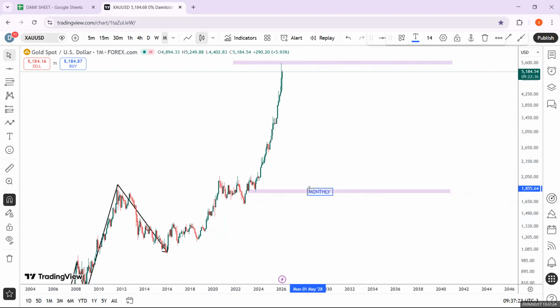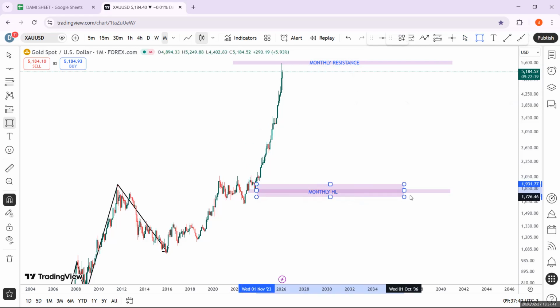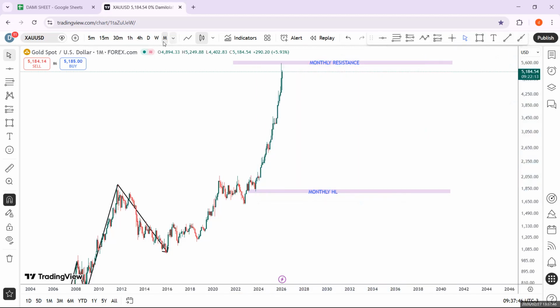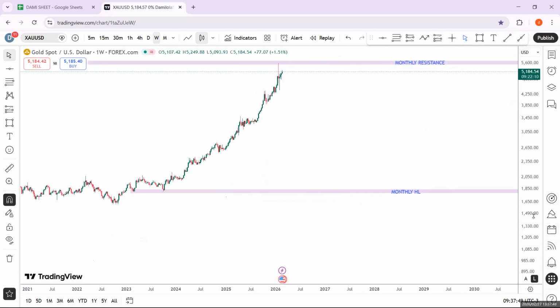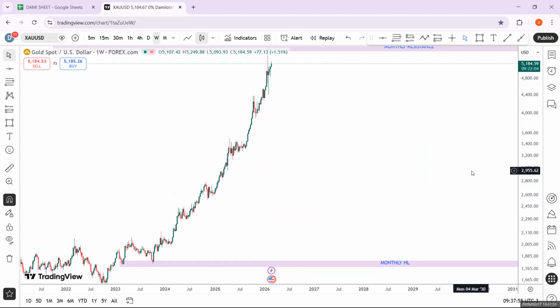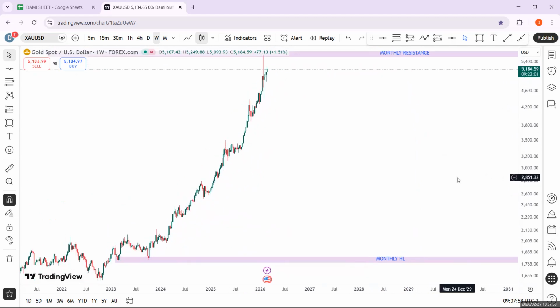We can just tag this as monthly HL, and the one above, we can decide to tag it as monthly resistance point. Okay, so we will now take the window from the monthly HL to the monthly resistance point as our range of focus. So the entire window from here is our range of focus, and we're now going to take our range of focus to the weekly time frame. So you guys can see how I started from the monthly, broke prices into clear structural sequence, then brought that sequence to the weekly time frame, where we are going to go further again and break it into clear structural sequence again.